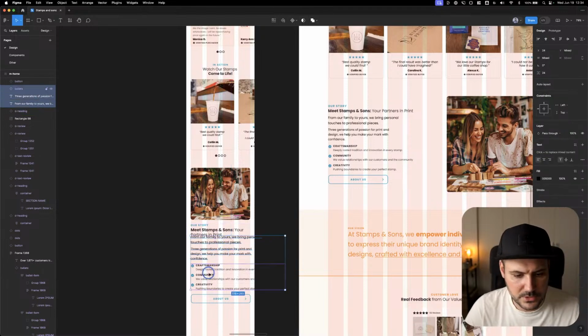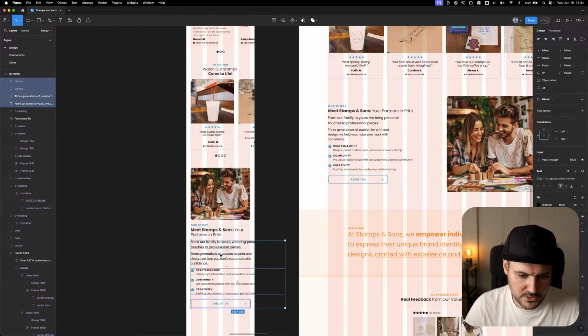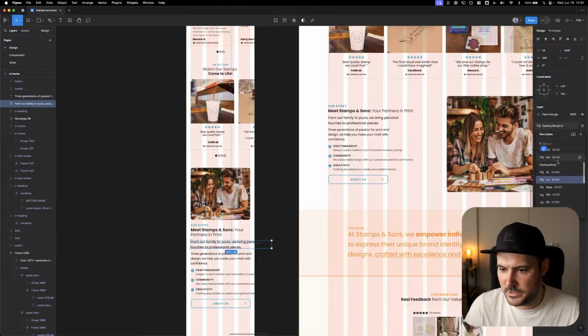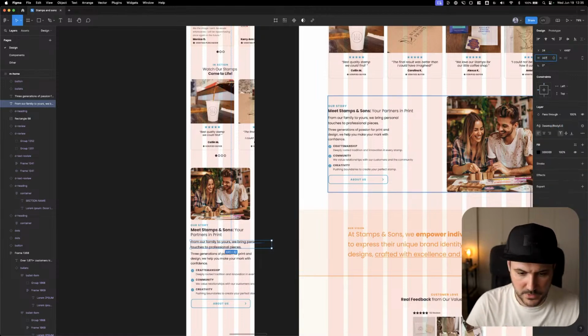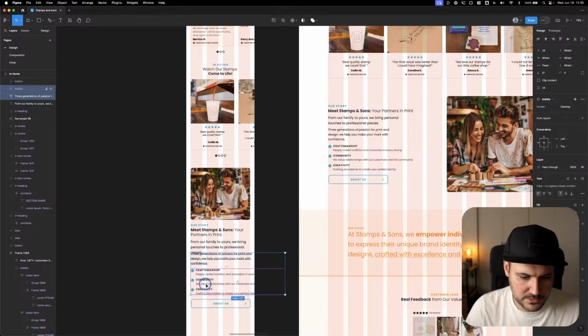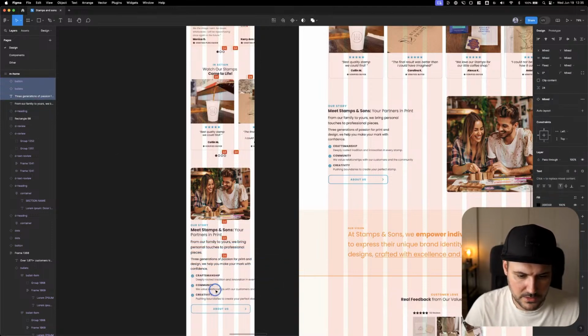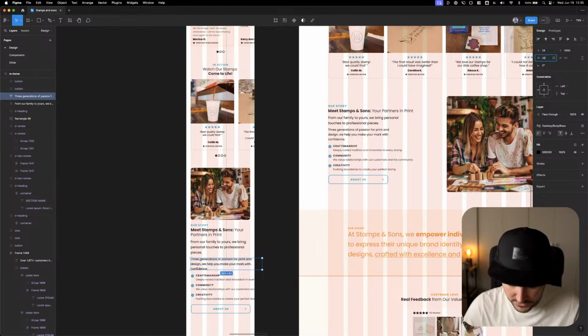Sorry, we'll just do the home page because the product page will be similar. But just to save time, because this is quite boring, we'll do just the home page. So